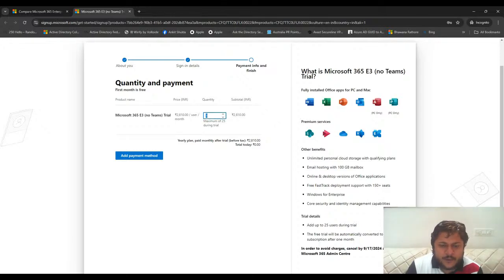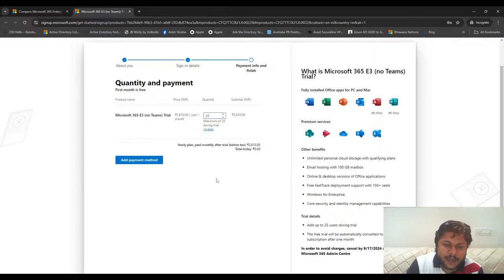Then choose the number of quantities. For trial purpose, you can only select 25 licenses during trial. Do not select more than this, please. As you can see, it says today's total is 0. However, if your trial expires and it converts to a paid, you will eventually end up paying 2800 INR per license per month. So 2800 multiplied by 25, that will be somewhere in the range of